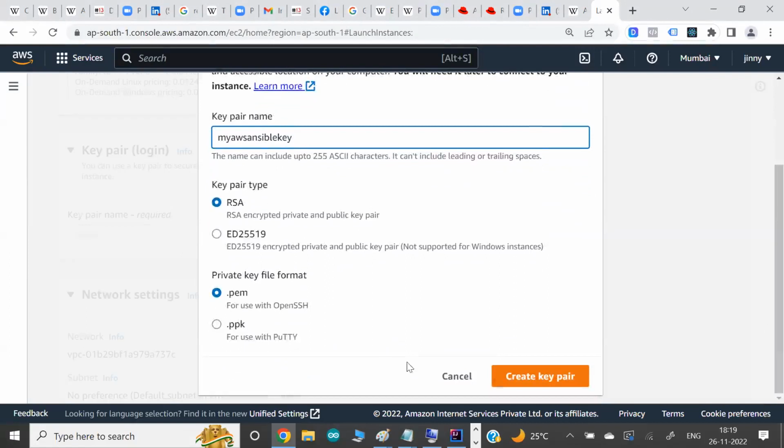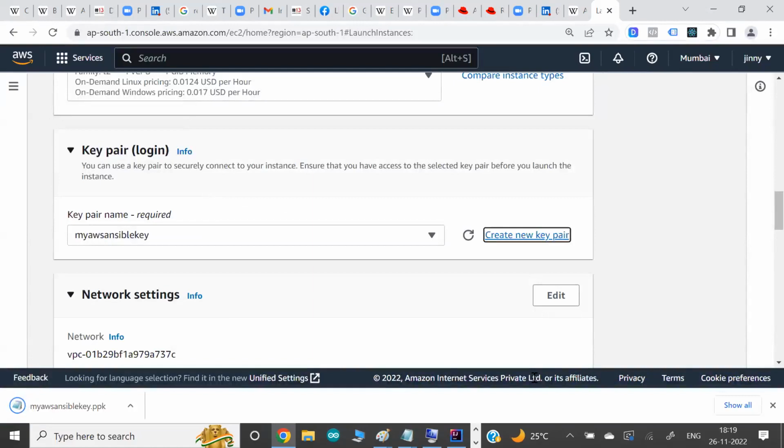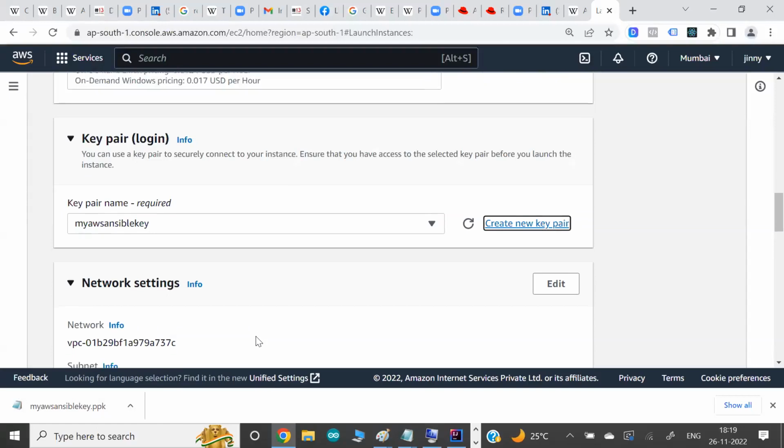Download this key in .ppk format. Why ppk? Because I'm going to log in to this OS, and for login I need one piece of software on my computer, and mostly we use a software called Putty. And Putty supports ppk format. Great, so this key is downloaded on my computer. This key is more like a password. I can use this password for login.